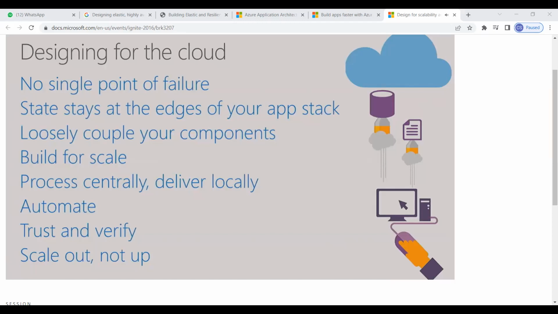Process your content centrally and then deliver it locally. So if you think about your data, if you distribute your database everywhere, you're going to have all these little bits that you have to piece together. It's super easy with the cloud to put it in one place, process that, and then send the data places where you want to deliver it. So if you have all your data in one central place, you're going to avoid some of the challenges that you have with databases of spreading them out. We'll talk later about how, if you need to spread them out for any number of reasons, including disaster recovery, you do that. But that's going to make it more complex.